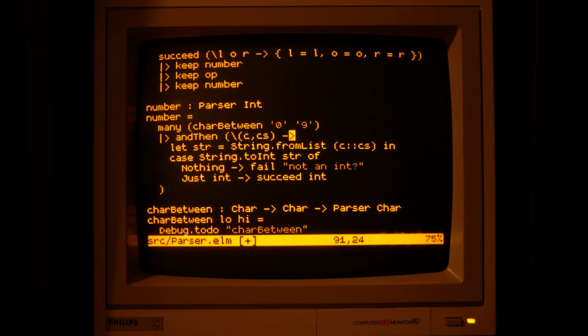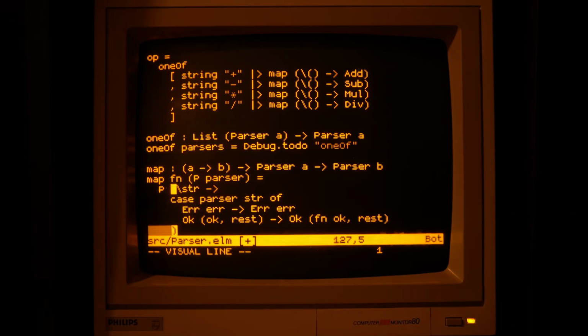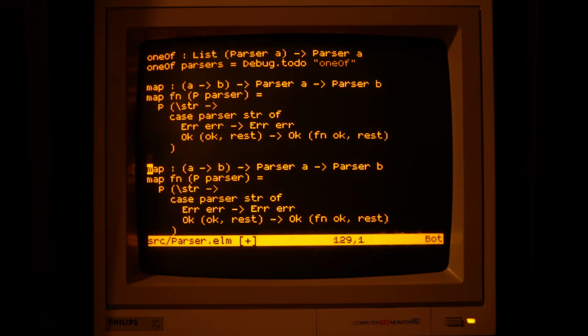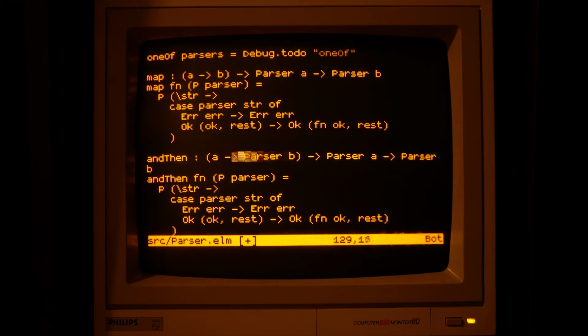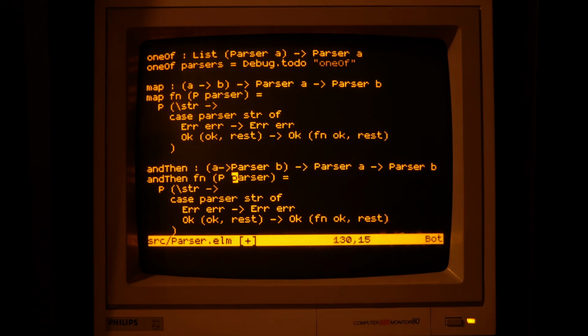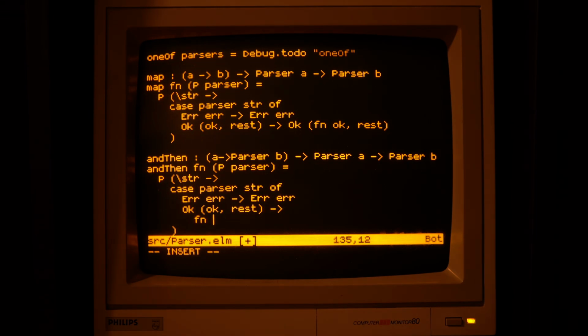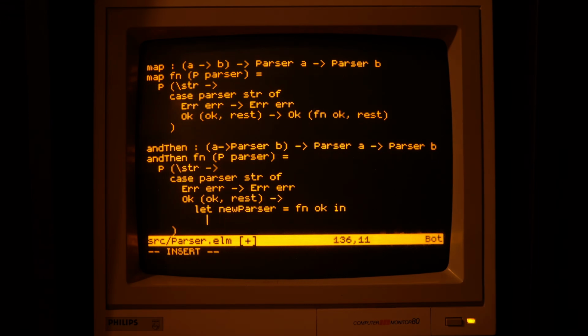One of the functions we used but didn't define yet is andThen. Let's go implement it. It will look very similar to the map function. The only difference is in what the user provided function returns. Instead of a transform value, it returns a new parser. Once we get the initial value, we run the function to receive the new parser, and then we can run it on the rest of the string.